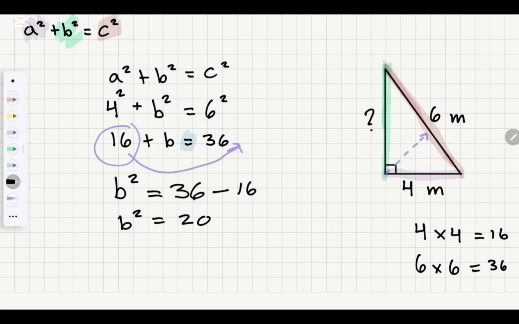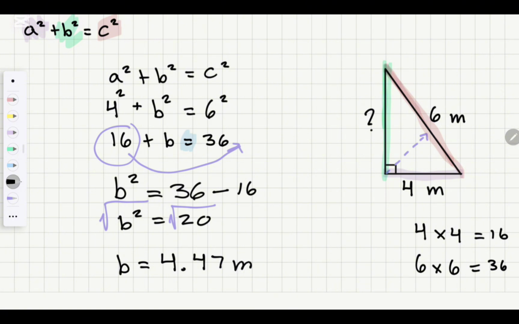All right, so now what did we do last time to get rid of the square? Yes, we square rooted it. So we're going to draw in our little square root signs, and I'm going to plug that into my calculator. Square root of 20 is, and we're going to round it to 2 decimals again. So I get b equals 4.72 meters. And sorry, not 4.72, 4.47